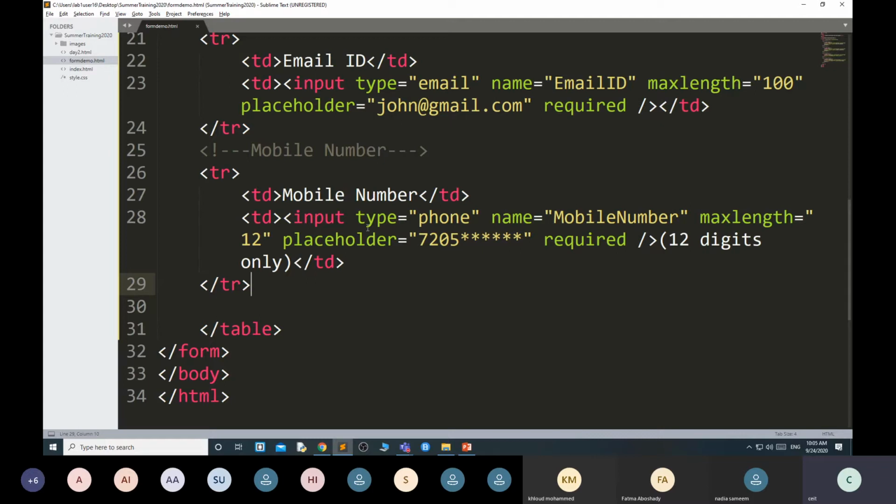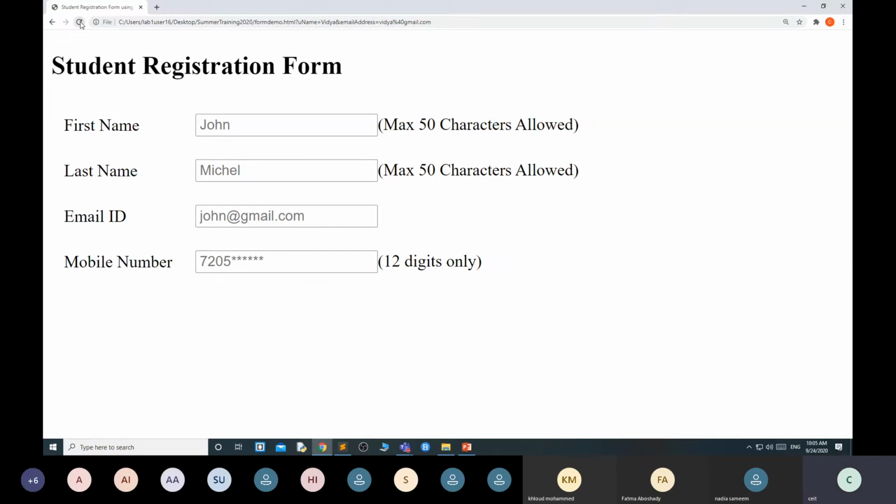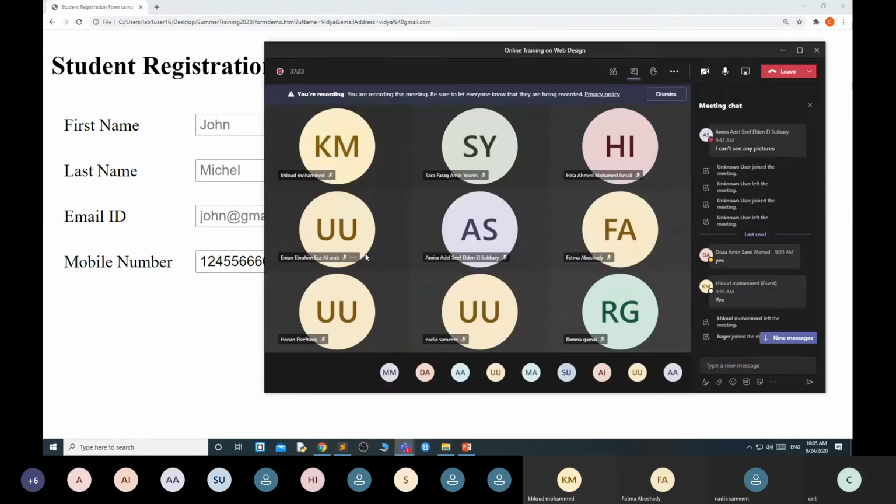Okay. Input type tel. Tel is for telephone number. Now it will accept only numbers, but not like that. This is not a text box now, but it will accept only numbers, but it will not show that increment decrement sign, because that is only for the number.